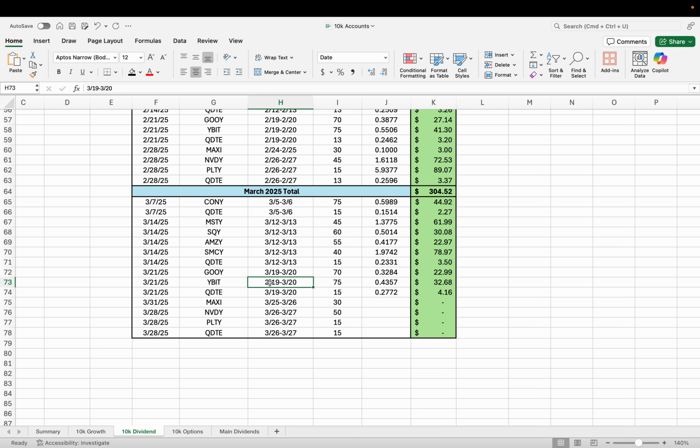Lastly, QDTE, 27, rounding up to 28 cents per share. I have 15 shares, $4.16. I think that's one of the highest paying weekly payments from QDTE. The previous week was 23 cents. The week before that was only 15 cents. Again, on a monthly or rolling average, I expect QDTE to pay somewhere between 18 and 27 cents on average